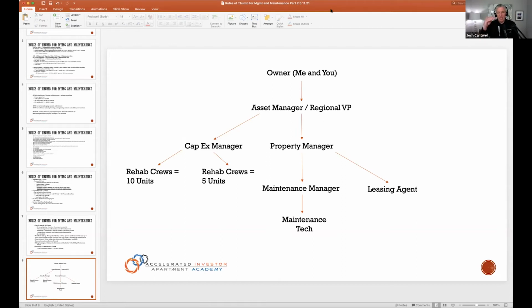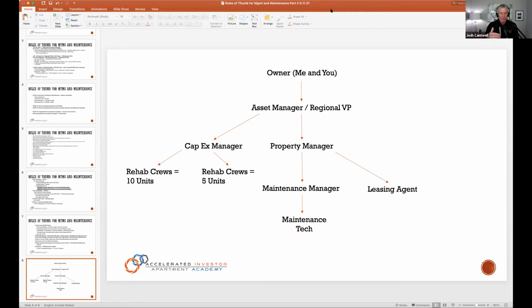If they're going to lease less than 100 units, it's just worth it to pay the leasing agent a commission. If they're leasing more than 100 units, then you might be better off paying them a salary with a small bonus. Okay? So very important that when you're outsourcing property management, it's great to have that asset manager / regional